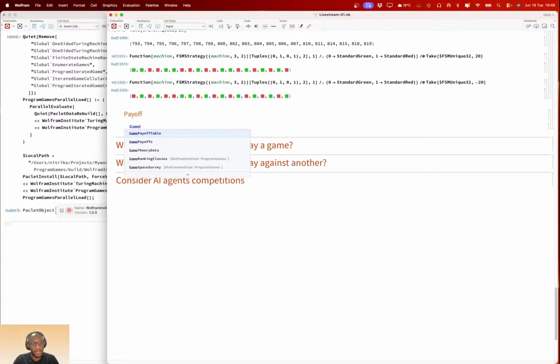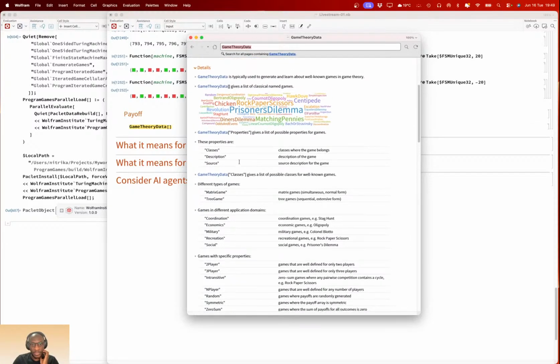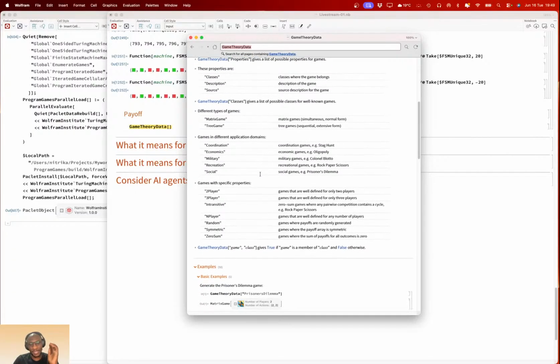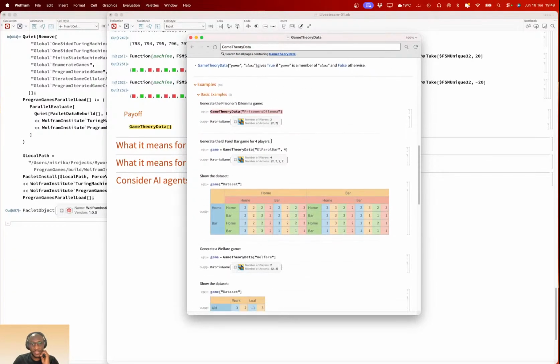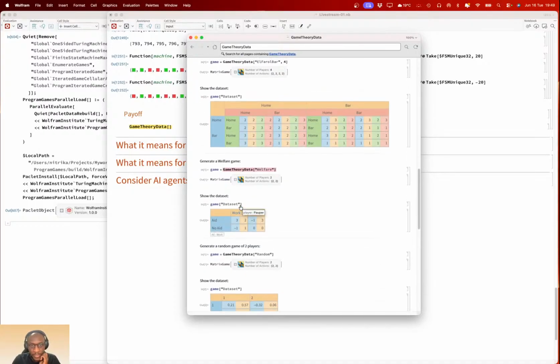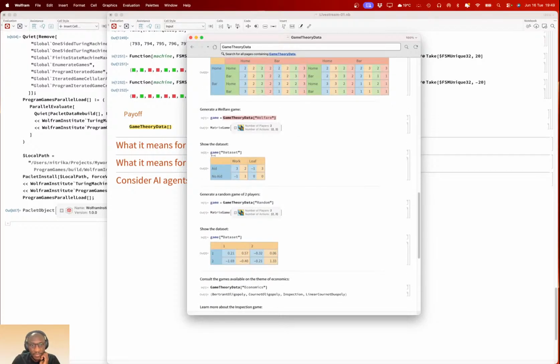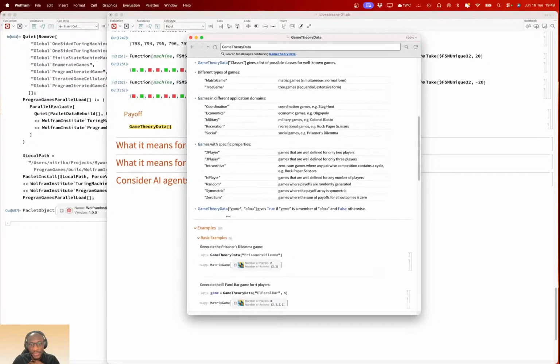You can explore different payoffs and read about all of them. Prisoner's dilemma is the most common one, and we will explore that. So, for example, we have welfare as a payoff. We have so many payoffs to explore.